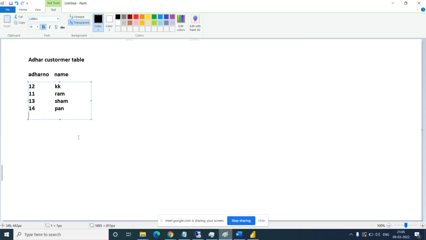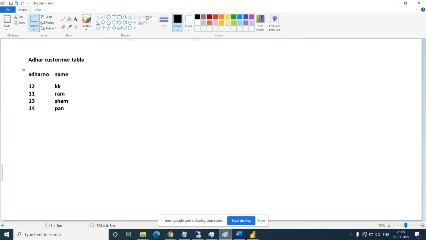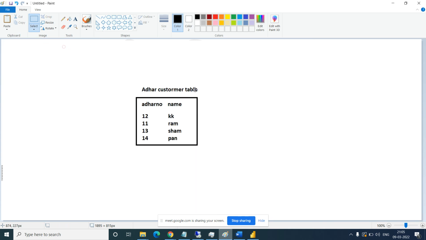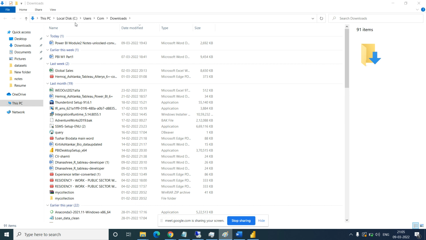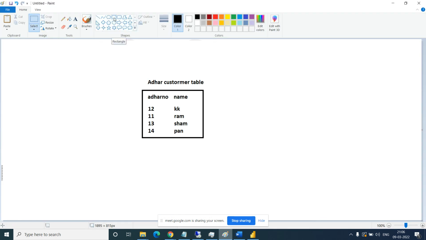Let's say this is one table, and this is the other number table I created. One more table I am creating, that is the address of the customer.